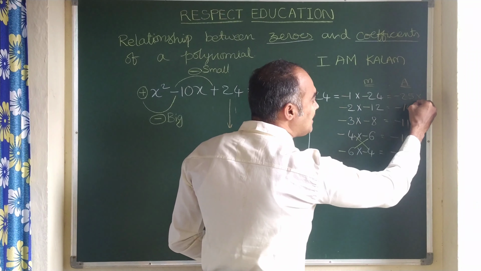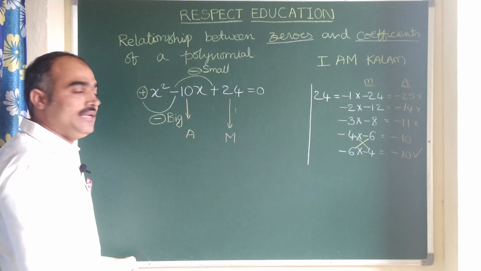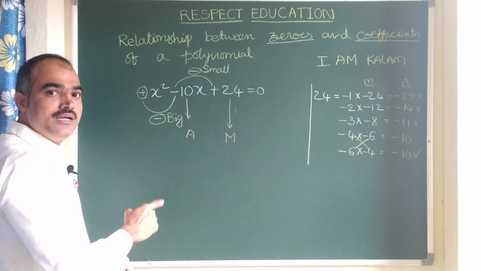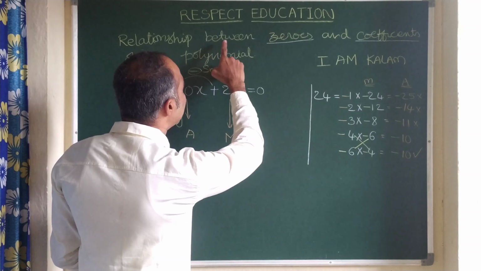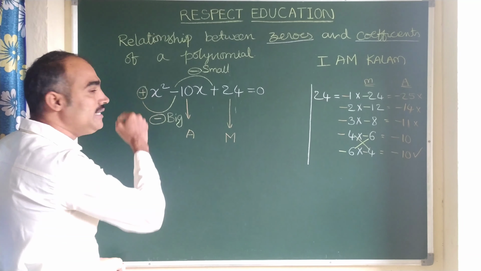These are all rejected. Why? Because their addition is not minus 10. That means here the middle value is nothing but the addition. Right? And moreover, if the starting coefficient is 1, it is very easy to solve for us, children. If it has a coefficient also, it can be done. But here, while learning the relationship between the zeros and coefficients, we need to make this coefficient